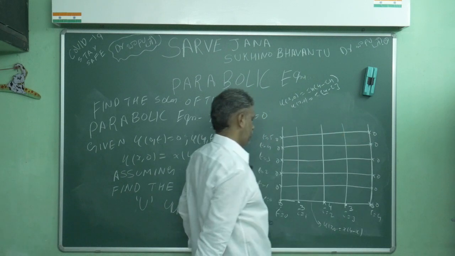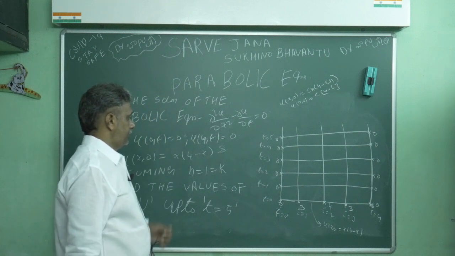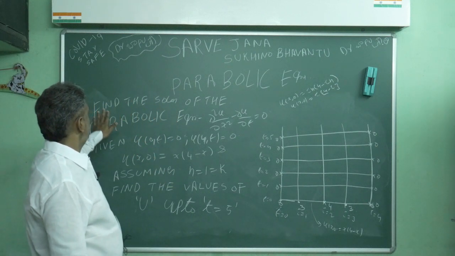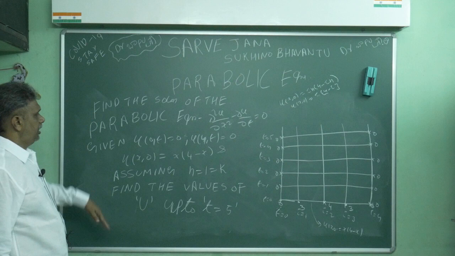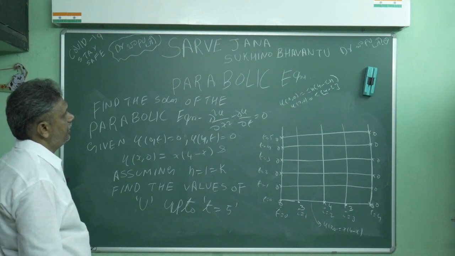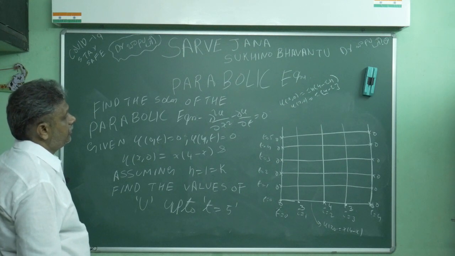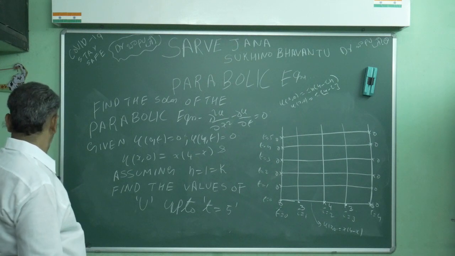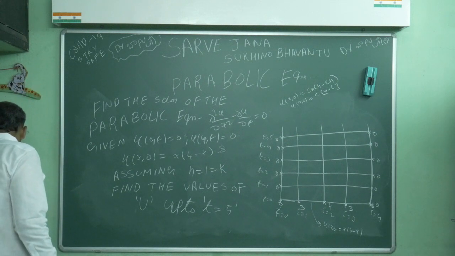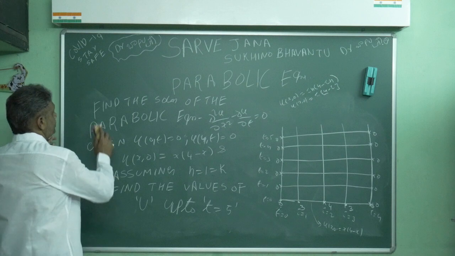My job is over. See, now I will attack. Now see the problem again: find the solution of this equation. I am rubbing this out, keep it in mind. Now slowly I will attack. I will go for this Schmidt rule, the Schmidt iteration, I will write. What is the Schmidt iteration?